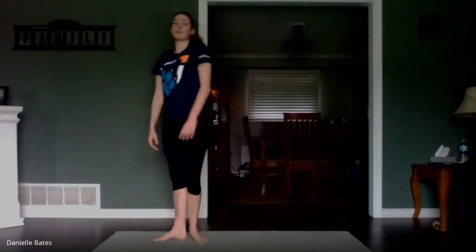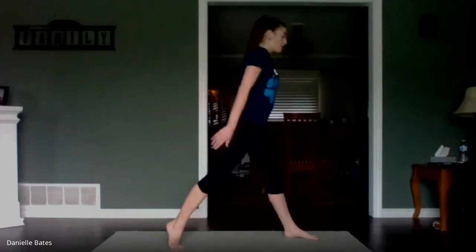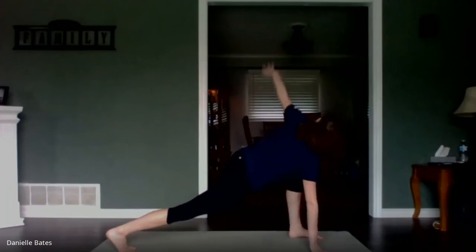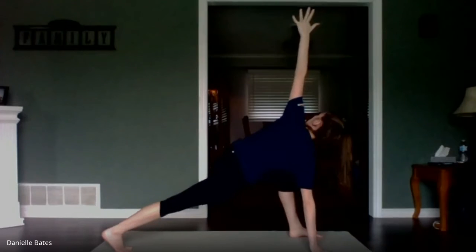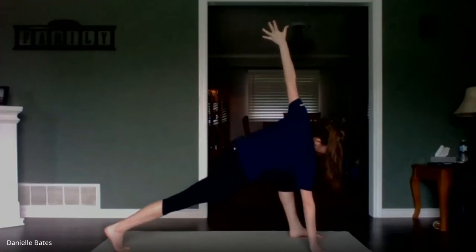Good. And come back up, and we're gonna do all of that on the left side. So my toes are facing the left wall, and I'm in my lunge. I'm gonna take my left hand, and I'm gonna bring it up to the ceiling. Try to keep your back leg and back straight. Good. Gonna come down. You can drop your right knee to the floor, hands on your knee, and push your